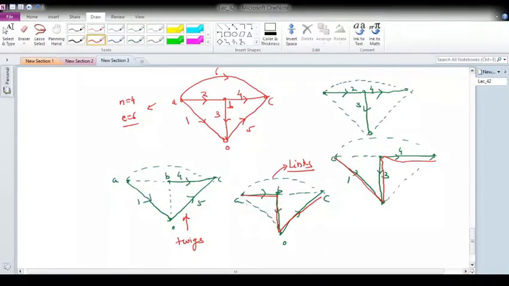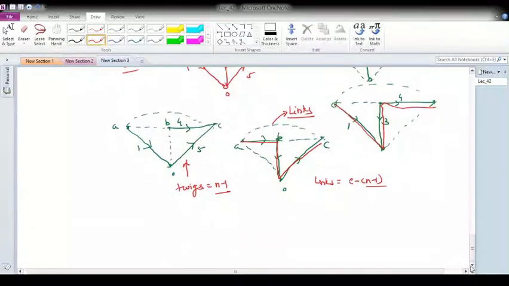Okay, so if this is the case, how many twigs will be there in the tree? So obviously 4 nodes I have, so how many are there? 3. Okay, so the number of twigs will be equal to the number of nodes minus 1. Okay, and how many links will be there? The number of links will be equal to total edges minus the number of twigs. Okay, so this way also you can find out how many links, or how many not visible edges, which we have drawn by dotted lines basically. So in tie set we have to find these trees.